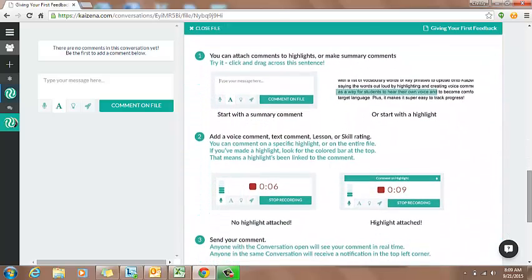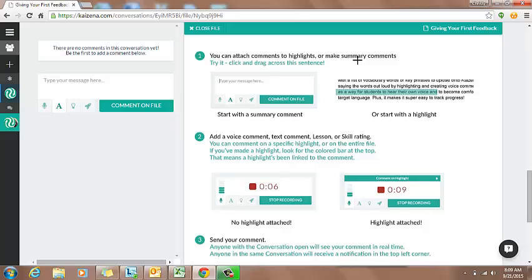As you go through a student's assignment, you can attach comments to highlights or make summary comments. This is similar to in Microsoft Word, where you can create notes on a student's paper. And with Kaizena, you can choose to do written notes, or you can choose to create a voice note.